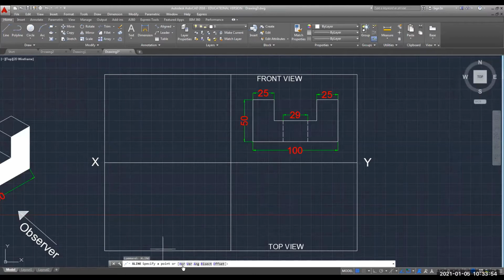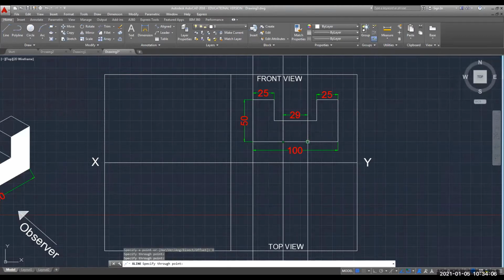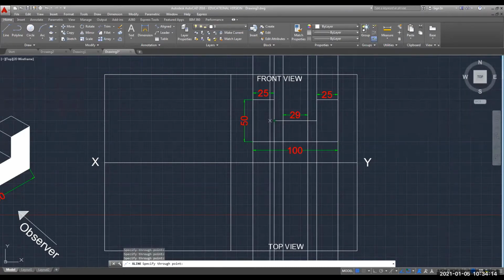Now it is asking horizontal, vertical, angular, bisect or offset. So I will go with the vertical option. At what locations it is asking? So I will allocate all the locations where I need to draw the projection lines. All the points in your front view, I want to project on your top view.